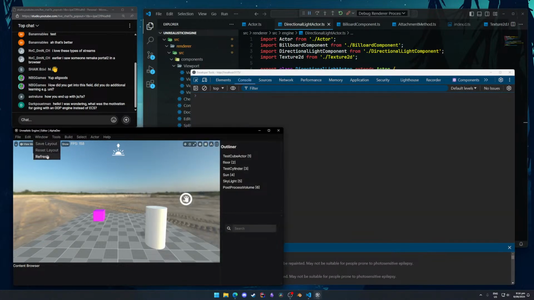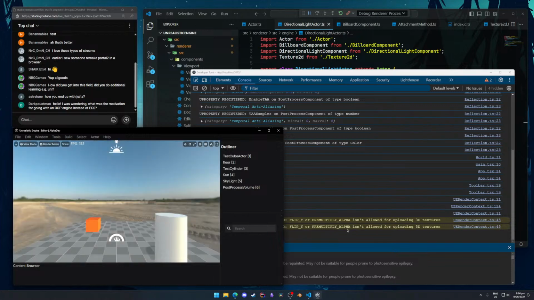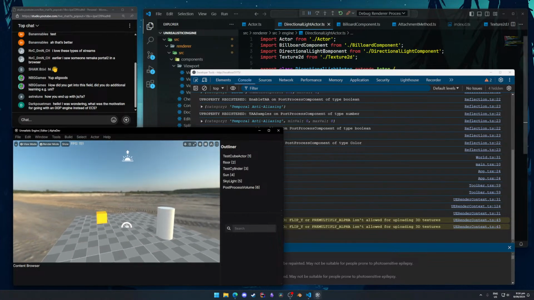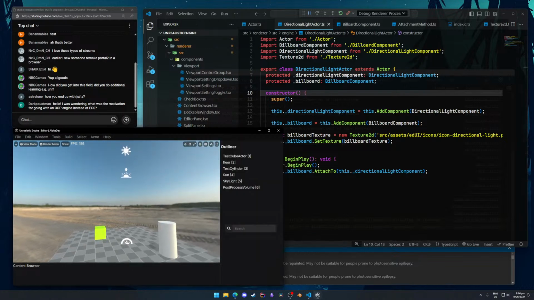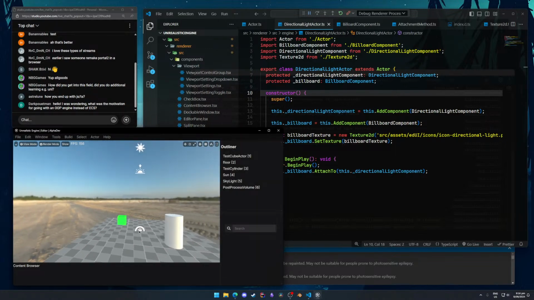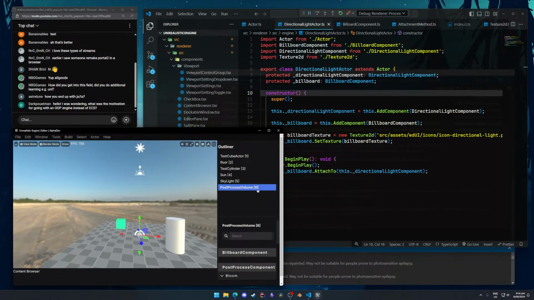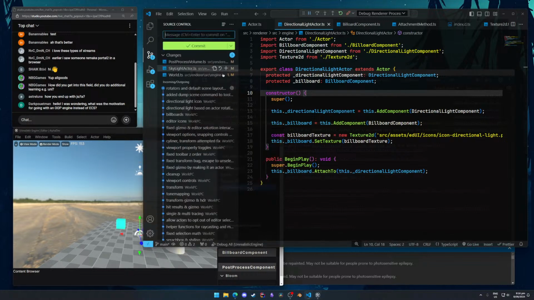Is that a recent error, or did I just miss that? Yeah, no, that's all good. Cool, so we've got the post-process volumes sorted. I guess I can just leave that at 0, 0. It really doesn't matter where that is. And I don't even have volume rendering yet, so